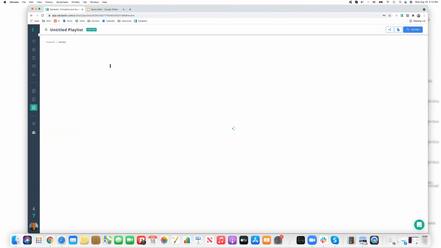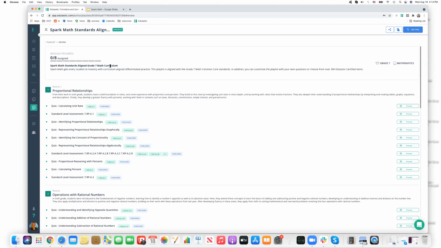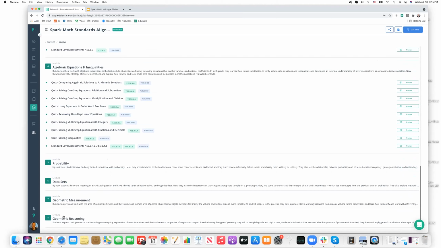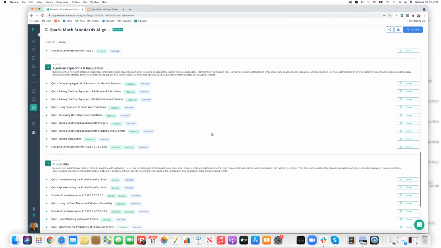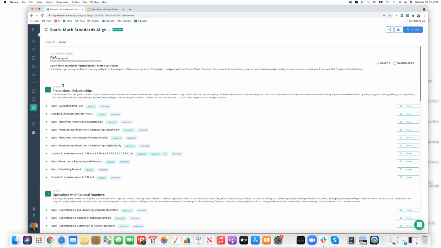So again, we tried to design it to meet a lot of varied needs. We looked at the curriculum for the other subjects, and I think we kind of found a center of gravity here, where this sequence should make the most sense according to our content team for 7th grade math, covering Common Core standards. So here we can see the module progress. There is no progress yet, but there are 8 modules here. If we scroll down, we can see all of them. We can click this to see what's available here, and then we can look at the different modules. And everything's been published. We can see which standards it covers, and we can click here to preview specific